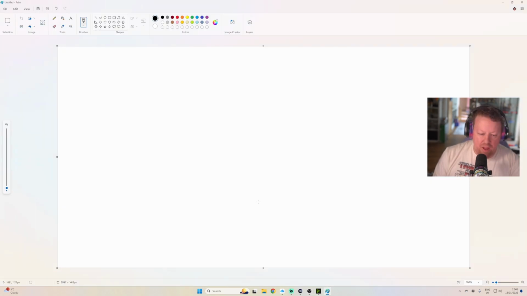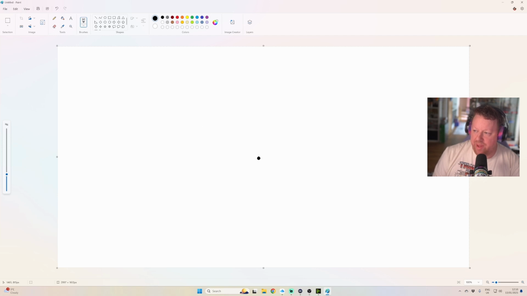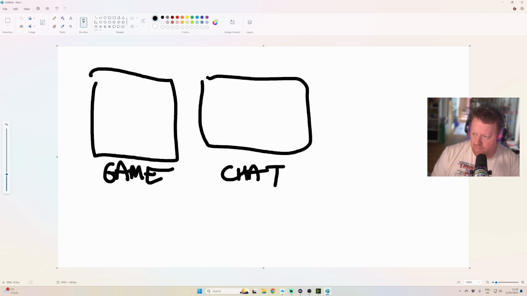So, yeah, my third tip: nested scenes. I think nested scenes are the key thing to get into as soon as you can, because they make things way easier for you. The way they work is, if you imagine you've got a game, and you've got chat, and you've got a browser,